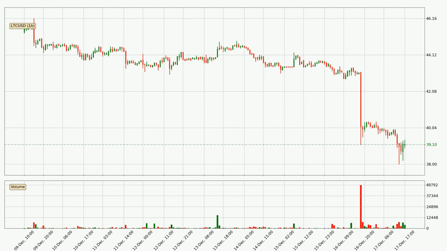Taking a look at the hourly time frame for Litecoin, it can be seen that the price went down around 2.5% in the last 24 hours, with a current price of 39.1. The fact that the sellers are taking over can be deduced because the volume was high and the move was